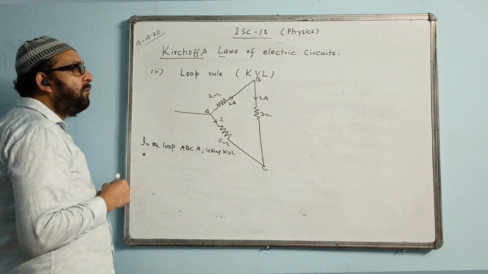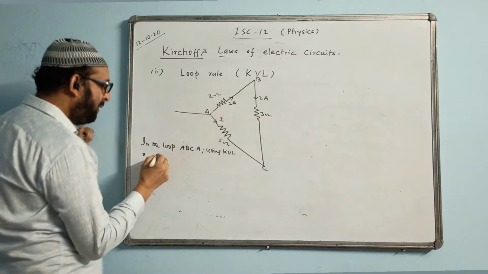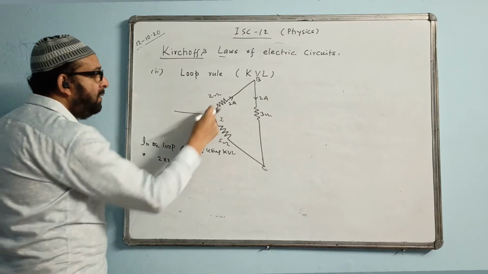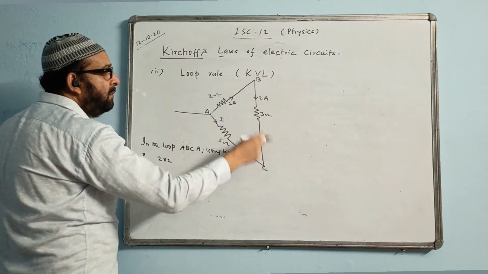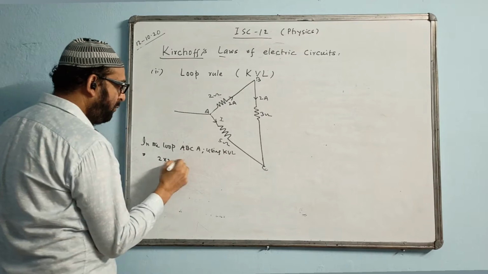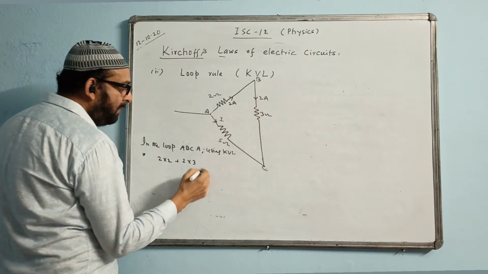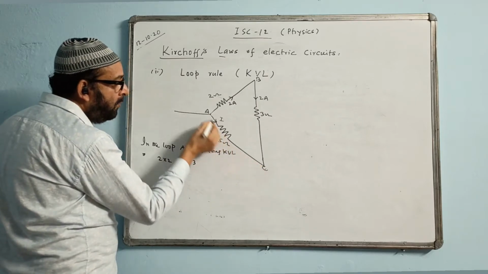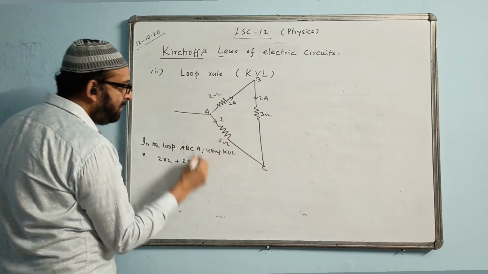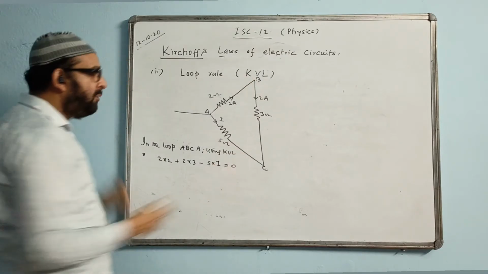To apply Kirchhoff's voltage law, the voltage across the resistance will be I into R, 2 into 2, 2 into 2. It is in the same direction here, B to C, same direction. So 3 into 2 you can do, plus 2 into 3. Current into resistance will multiply. Here it is in the opposite direction, so the minus is correct, minus 5 into I. There is no cell, no battery, equal to 0.